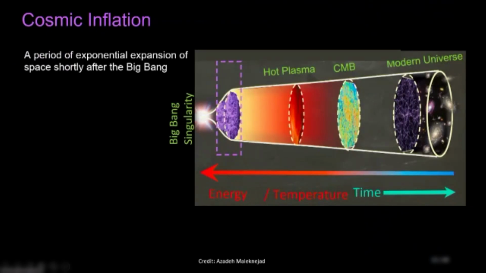This is surprising. This makes us think, why is it so? And in order to understand why is it so, we have to go back to this phase after inflation, after the cosmic inflation, after the expansion of the universe at the beginning. And we have to look at what has happened here. This is a period of exponential growth.